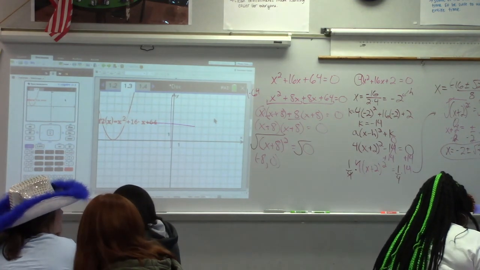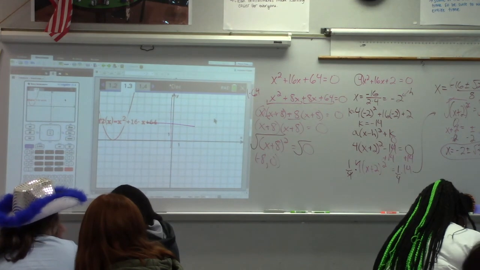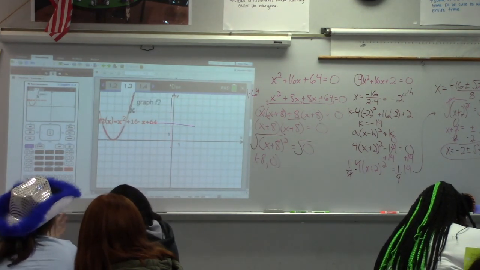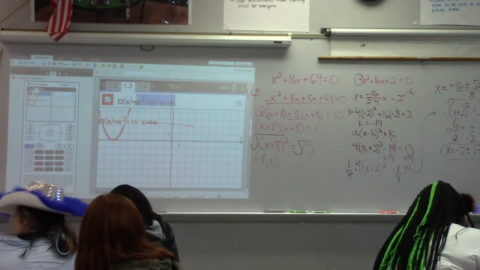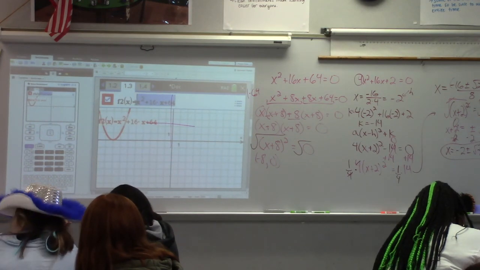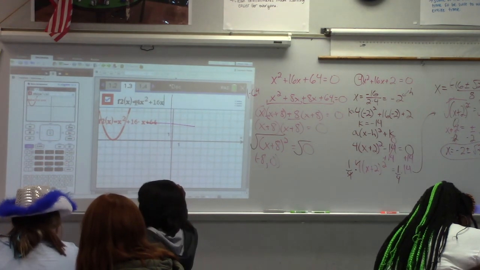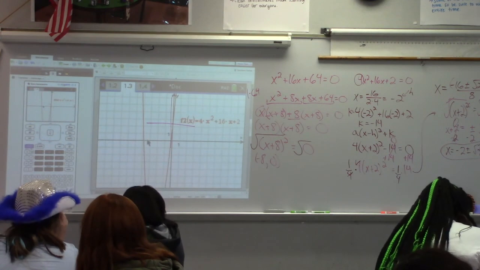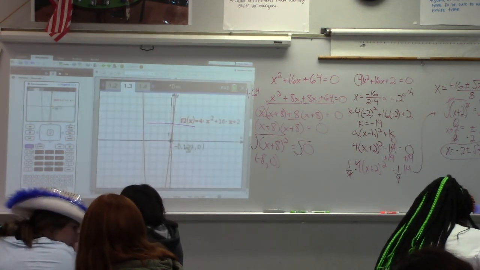Was it the same value? Okay. So I just want you to see, do they both work? 100%, right? So you can use both methods. Don't forget to take the time to check yourself, because here's the thing. If you take an extra 30 seconds to type that graph in, so 4x squared, it might be an extra minute for all of this, plus 2, and you check the x-intercepts, so analyze 0, hey look, was I supposed